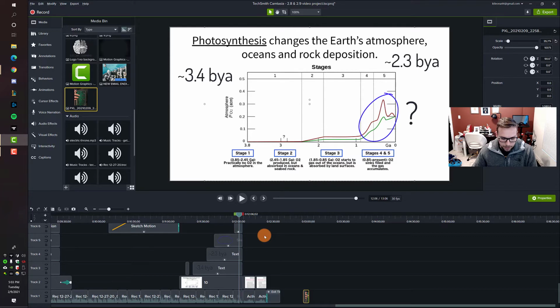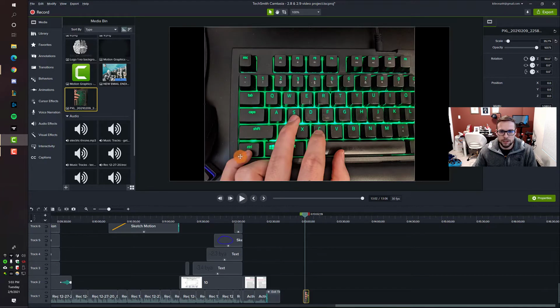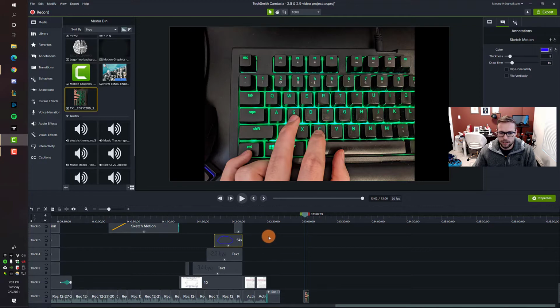Now I have my pointer finger on C. If I go back to this, my pointer finger on C and my pinky on Control. And that's going to allow me to very easily just highlight something. And then the copy and paste functionality is the same as you'd find in anything else like a Google Doc. Control C, copy. And then when you copy something, so let's say I'm copying this sketch motion right here,